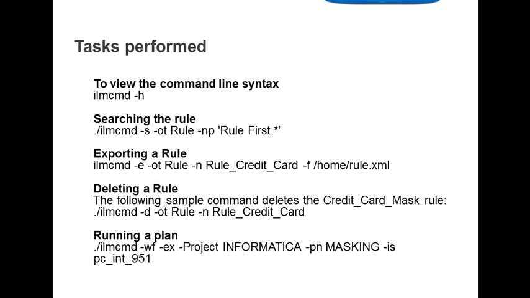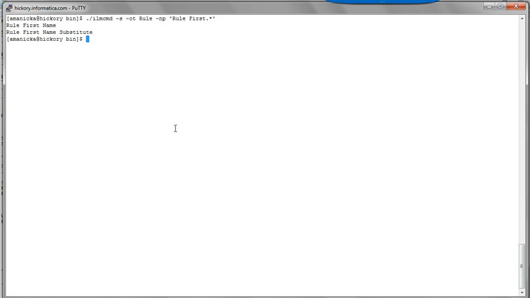This -np option is a pattern that we are going to use for searching the rules that start with rule first. I executed this command to search for rules that start with rule first, and it returned these rules